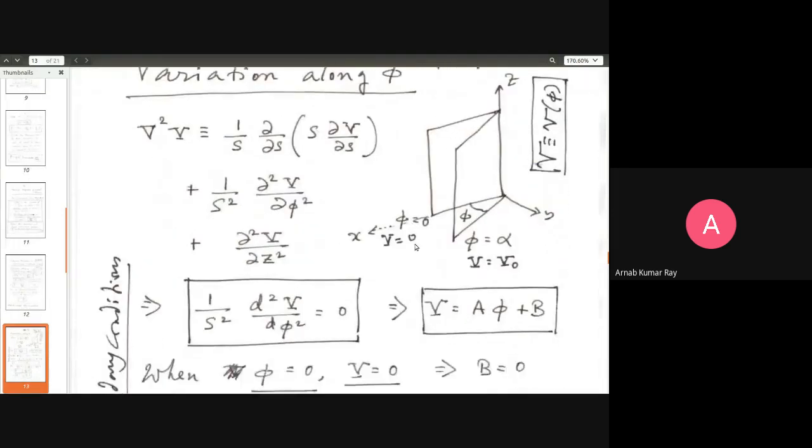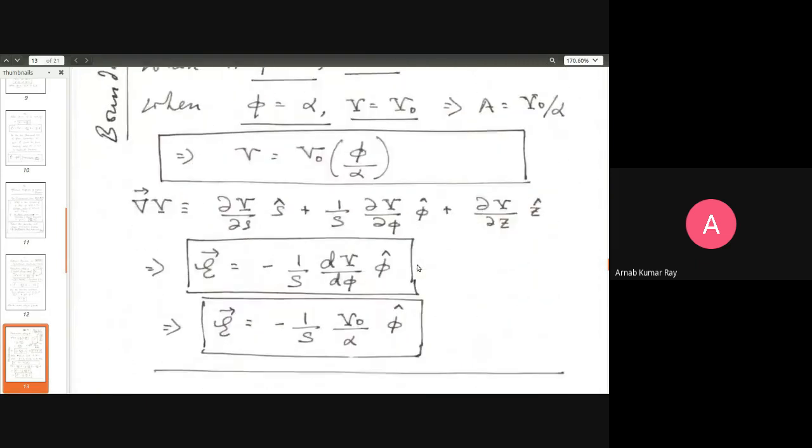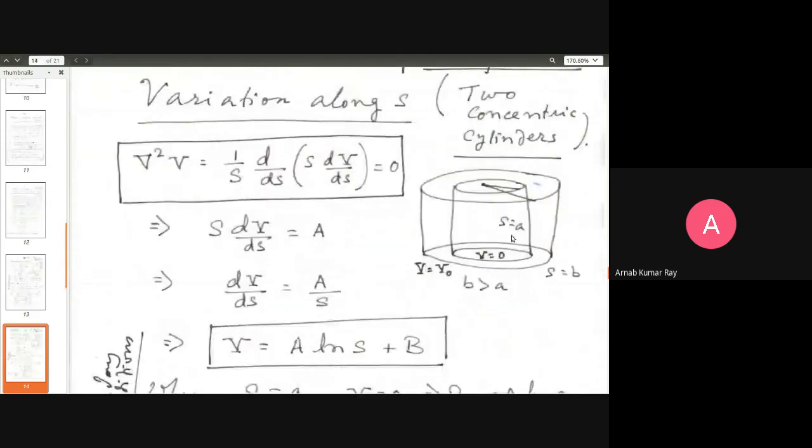Okay, so here also we have just done the same thing. V is equal to 0 at one boundary and V is equal to V naught at the other boundary. Let us now apply the same principle here. We were discussing the cylindrical coordinate system. V is equal to 0 and V is equal to V naught